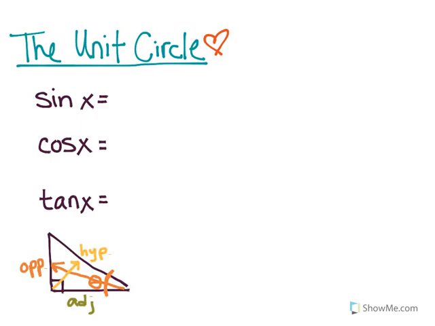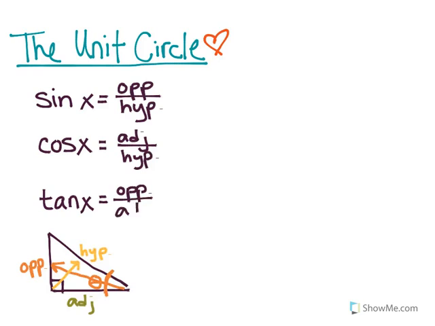Sine's relationship in this particular triangle is the opposite side over the hypotenuse side. And our cosine is the adjacent side over the hypotenuse side. And our tangent is the opposite over adjacent. And there's a very simple way of remembering this. I'm sure a lot of you have already seen this. To remember sine, we do